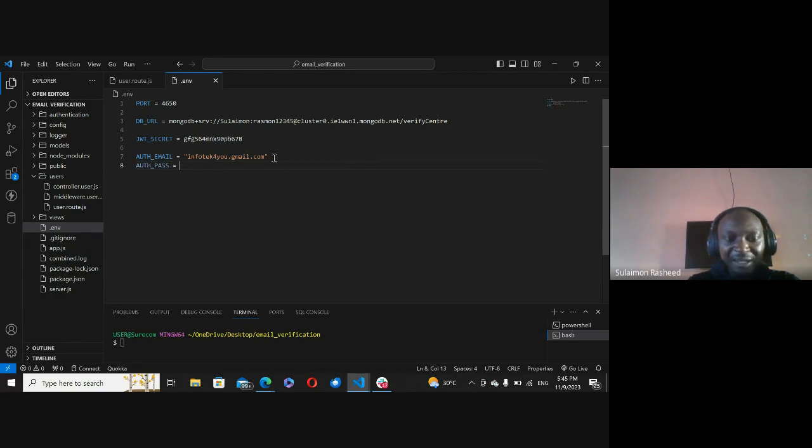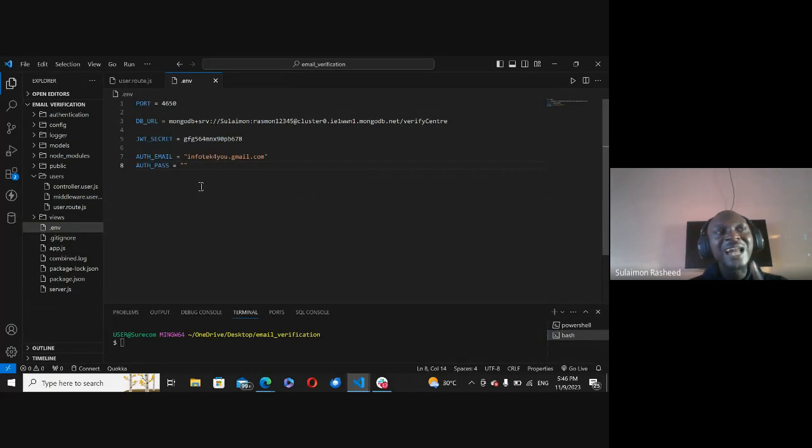So now here is going to be a password, right? Now listen, you are not going to use your regular password here because there is always an issue. Gmail has restricted direct access to Gmail accounts. This is my Gmail, infotechforyou, because I want this app to have access to infotechforyou@gmail.com. And this is a third-party API now trying to access my Gmail account. So Gmail does not support that unless you go to your Gmail account and